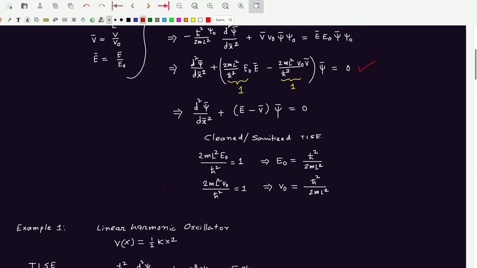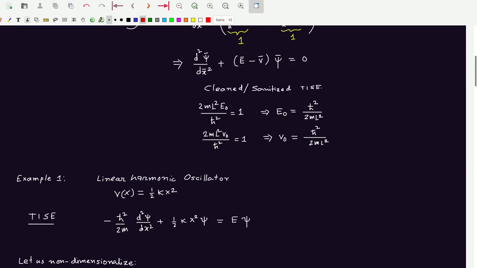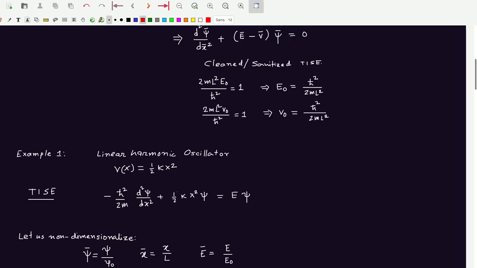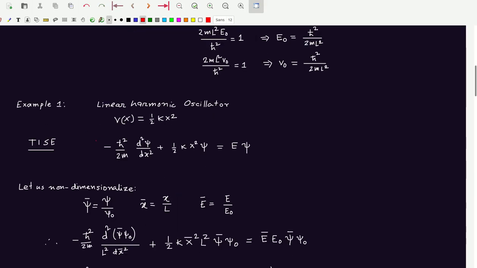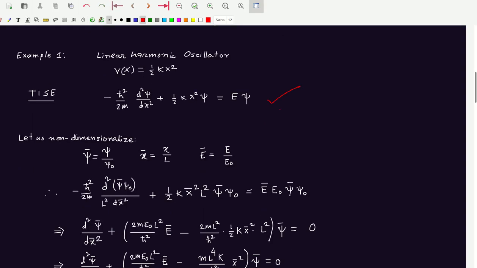Now we come to the particular case, that is the linear harmonic oscillator. We know for a one-dimensional linear harmonic oscillator, potential is V of x equals half into k into x square, where k is the spring constant of the harmonic oscillator. After putting this in, the equation is something like that. Let us non-dimensionalize the equation similarly to above,